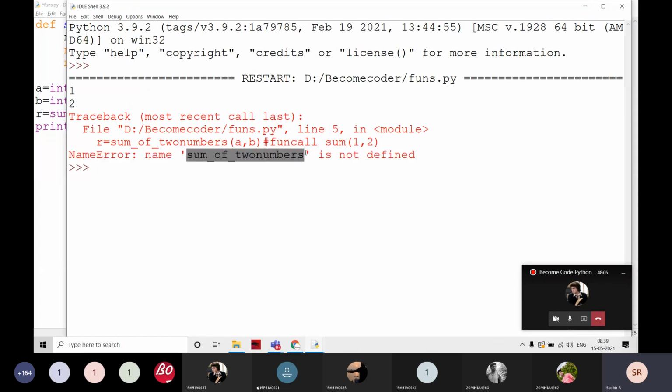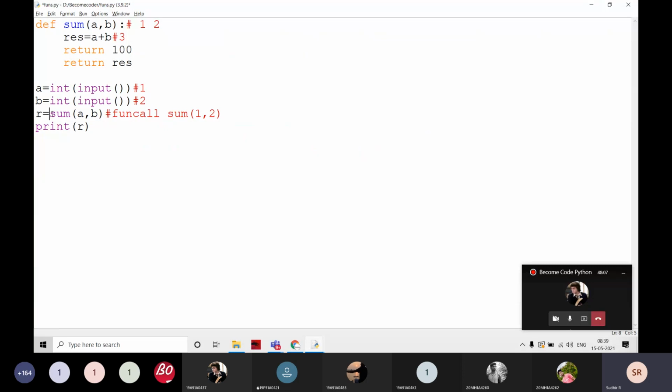Here, this is the function name and this is the function name. Now, if the function call is there, the control automatically goes to the function definition, with the required arguments.